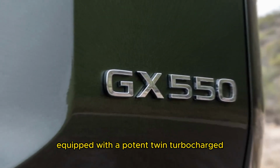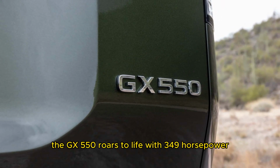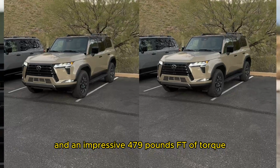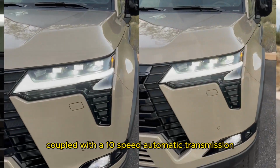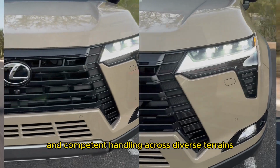Equipped with a potent twin-turbocharged 3.4-liter V6 engine, the GX 550 roars to life with 349 horsepower and an impressive 479 pounds-ft of torque. This formidable powertrain, coupled with a 10-speed automatic transmission, ensures seamless acceleration and confident handling across